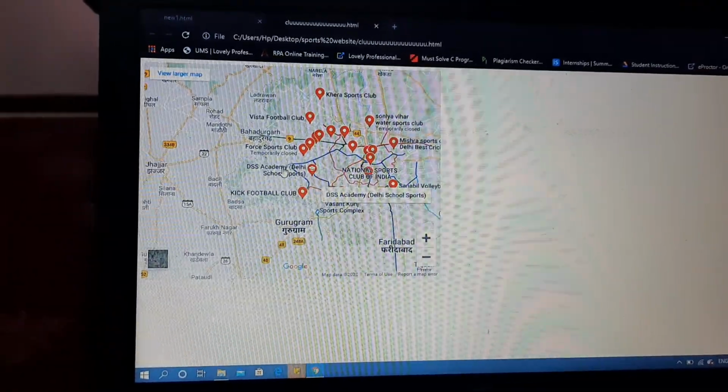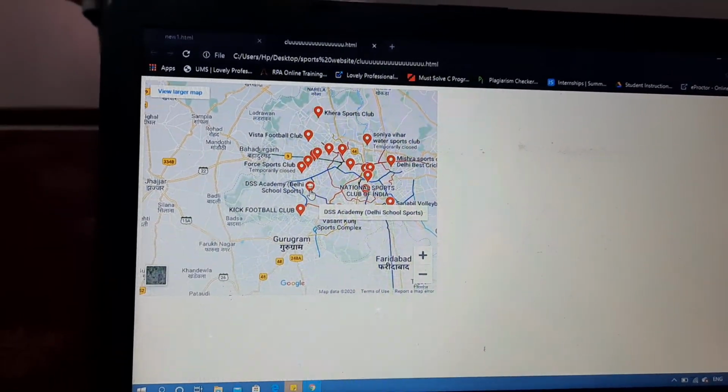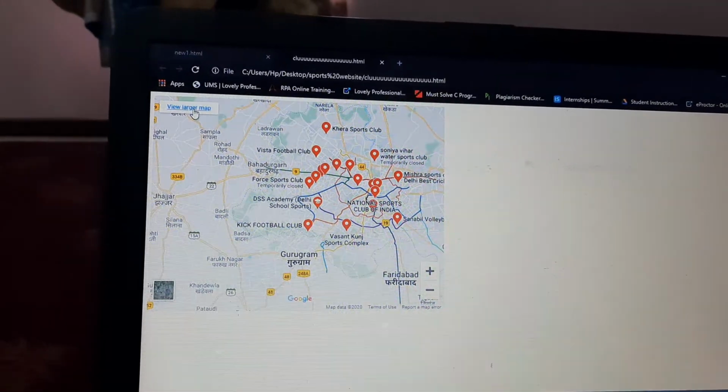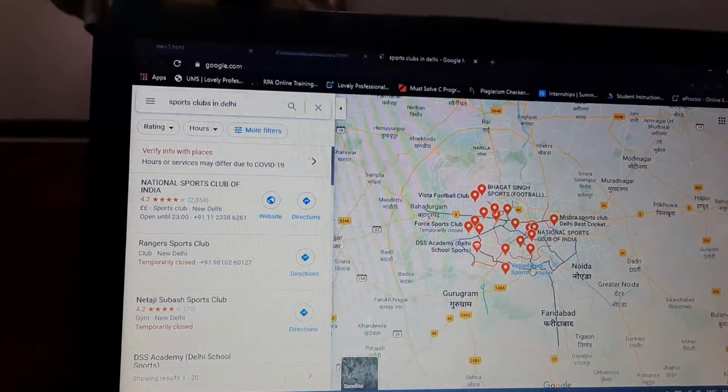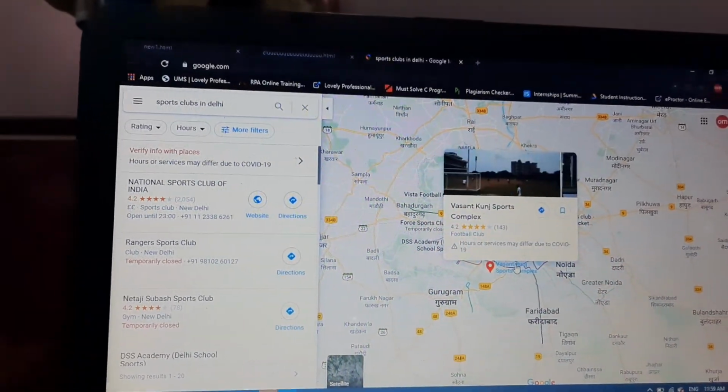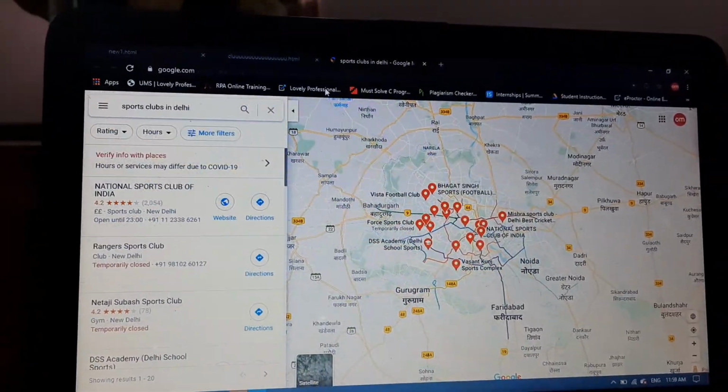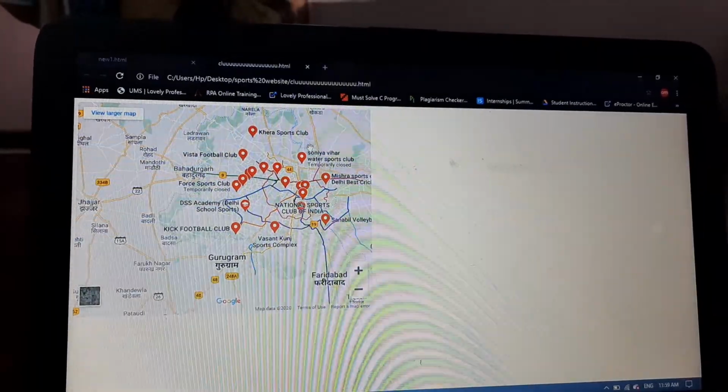If you want to search for a sports club in any area, if you go to view larger map, you can see this. Wherever we can see the sports clubs of India, Rangers Sports Club. So all the sports clubs near those areas. So this I have done, but I need to connect it to the current website. As I said, I'm still working on it. I will do that.